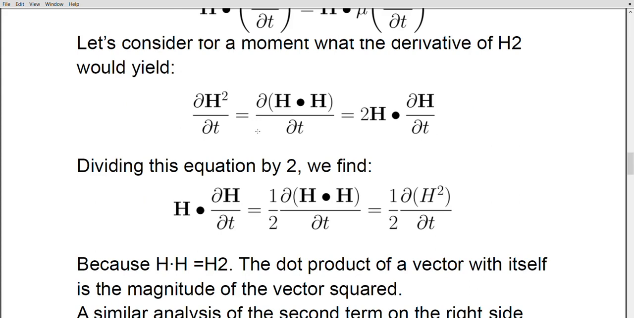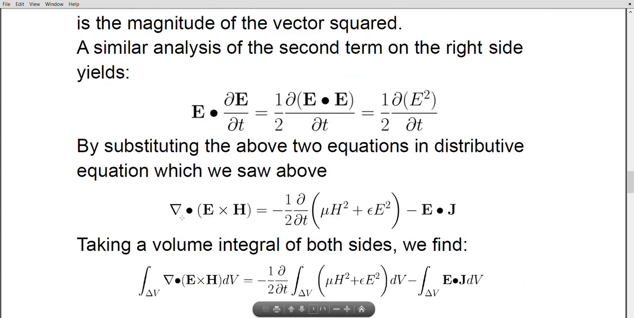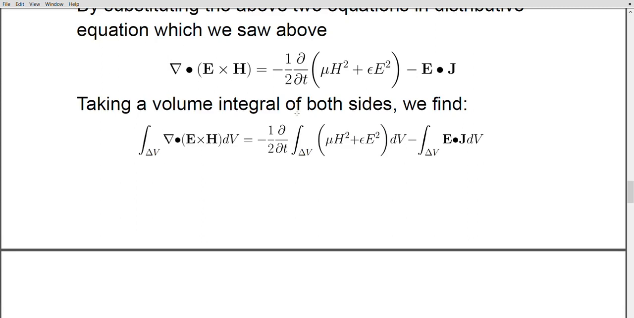In this equation, if we substitute these two equations, then we will get del dot E cross H is equal to minus 1 by 2 dou by dou t of mu H square plus epsilon E square, minus E dot J. This is the equation when we substitute both of the equations in the divergence equation, and then by taking a volume integral of both sides,